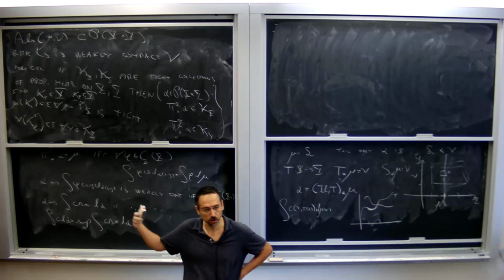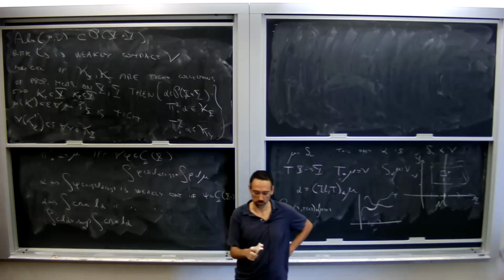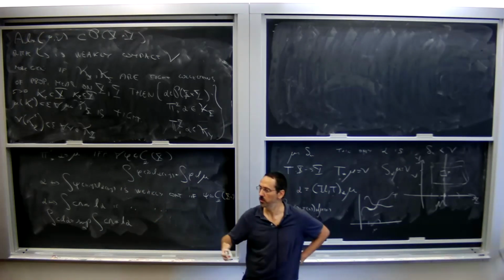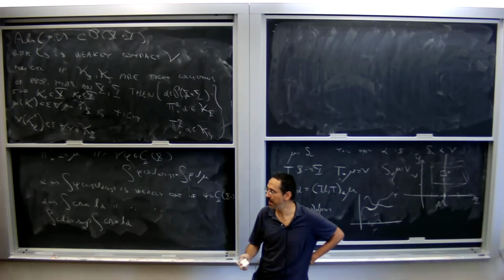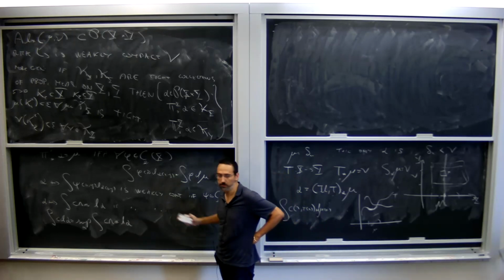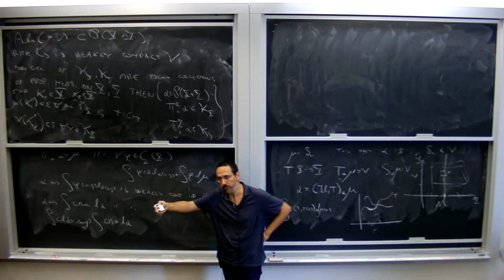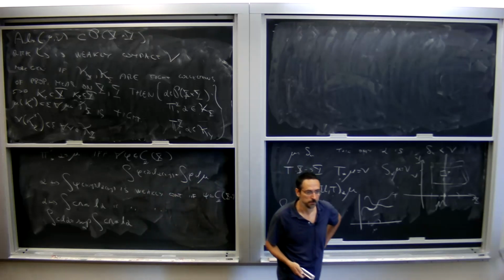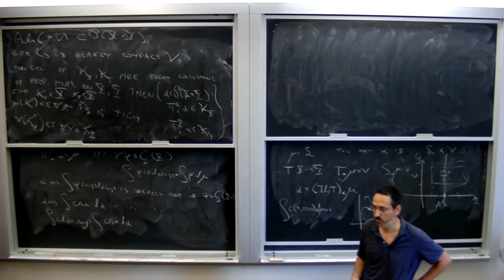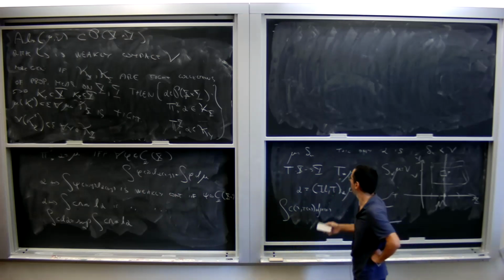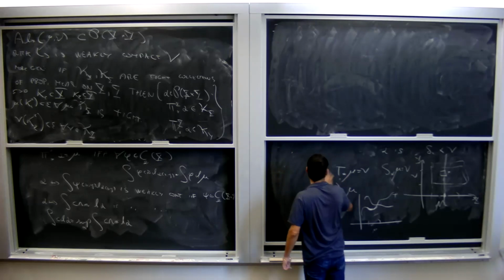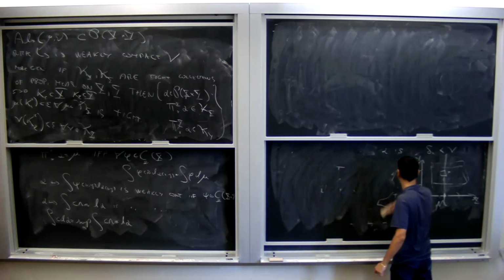Then I invoke compactness, in this case weak compactness, to say that I can extract a subsequence that weakly converges somewhere. This plus the lower semi-continuity of the functional ensures that the functional applied to this limit of the sequence is less or equal than the limit. But therefore it is exactly equal to the minimum. Okay, so existence of the minimizer is there. One of the advantages of this formulation is that existence is trivial.